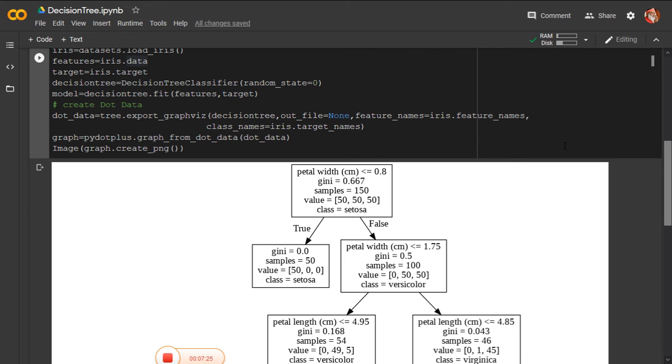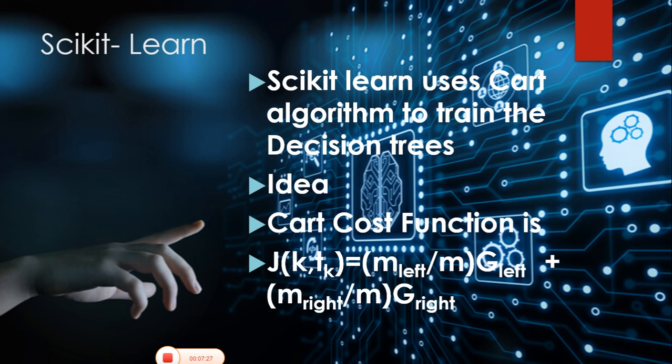Now, coming to the disadvantage of decision trees, the main disadvantage is overfitting. That is, if the dataset is very large and it contains hundreds of attributes, constructing a decision tree by taking each attribute will be very time consuming. So to overcome this problem, we can use a concept of grouping the decision trees, which is called a random forest.